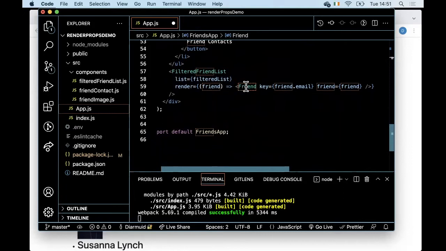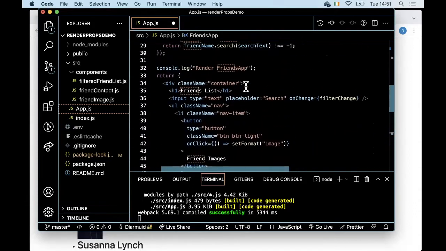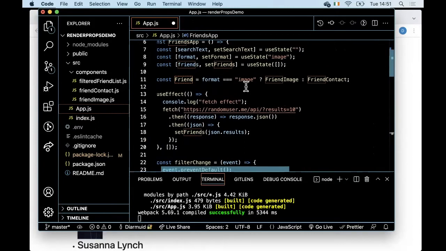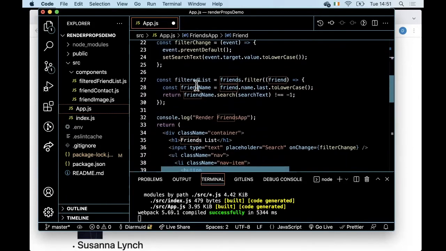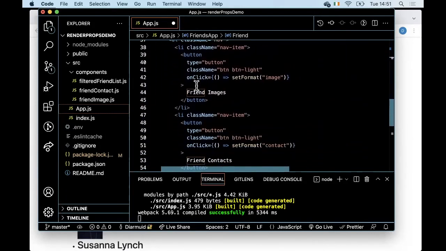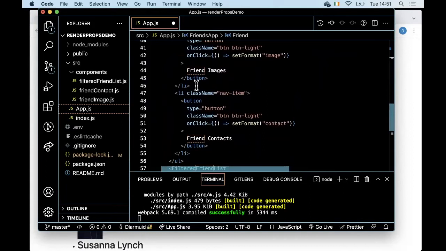Yeah, that friend there is really coming from here. Okay, so it's determining, it's passing down to filtered friends list how it wants friends to be rendered,